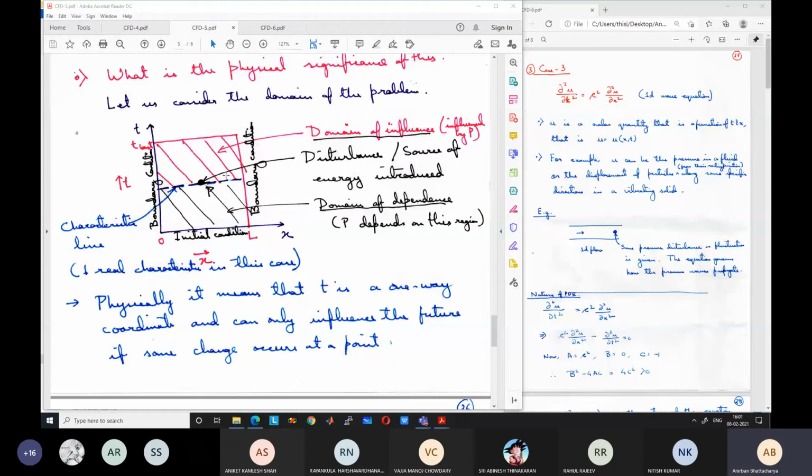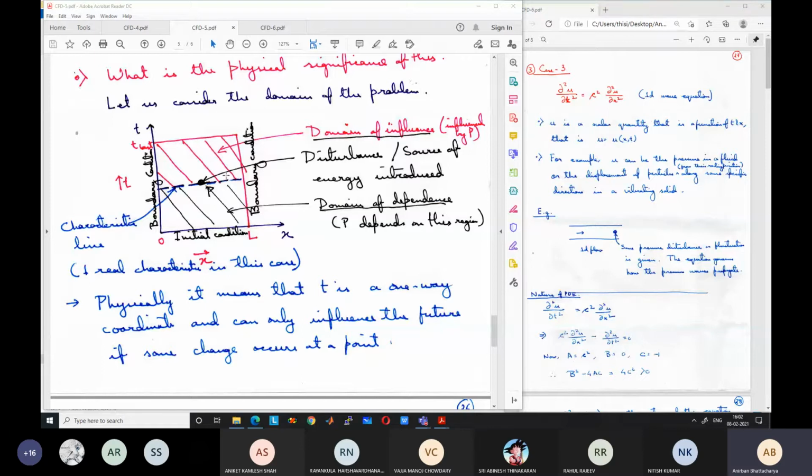So the information that the tap has opened on some other side will travel to the other end at the speed of pressure waves. It will not pass immediately. Although the flow started at the other end, this side, which is connected to the tank, will feel that the tap has opened after a few seconds, after around 60 or 70 seconds. Because the pressure wave from that end of the tap has traveled to this point by taking a certain amount of time. So information takes a certain amount of time to travel. It does not travel immediately.